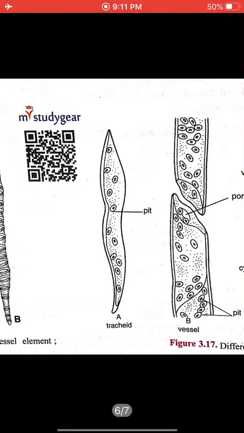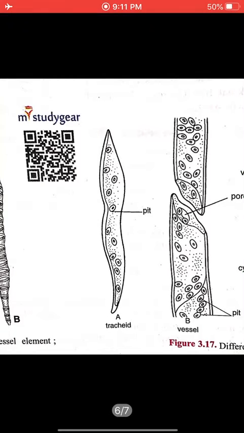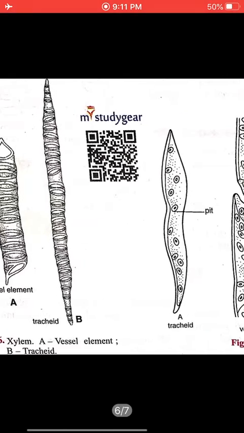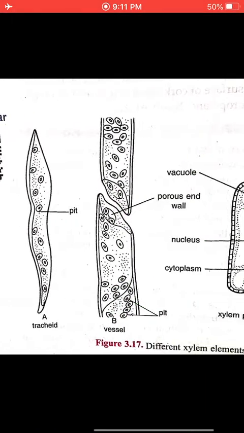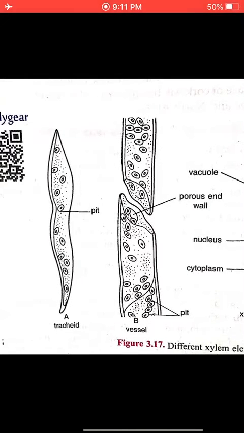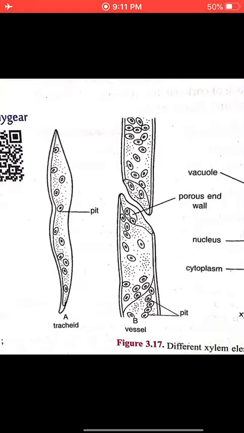Xylem means wood, so it is a vascular and mechanical tissue. It consists of 4 elements that I have told you: the vessel, xylem tracheids, xylem parenchyma, and xylem fiber. These are the 4 substances by which xylem is made up. They are responsible for the